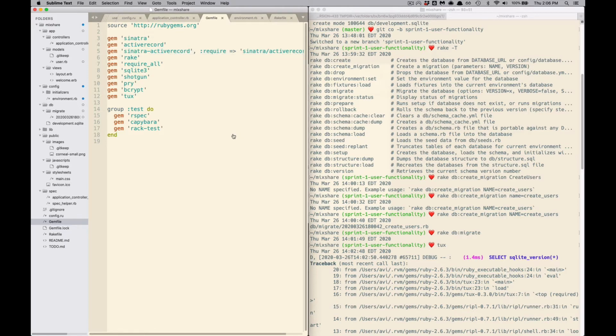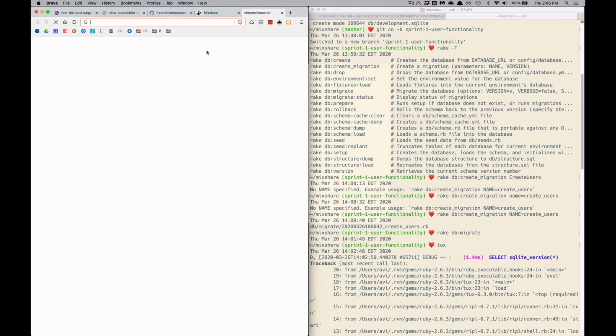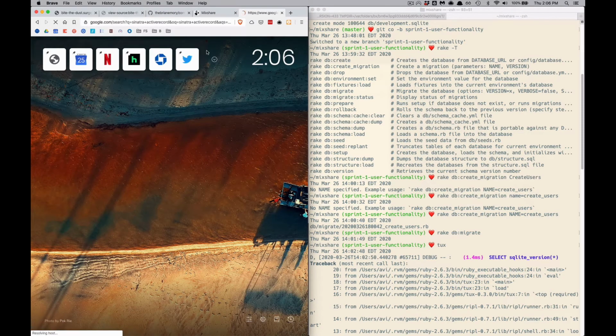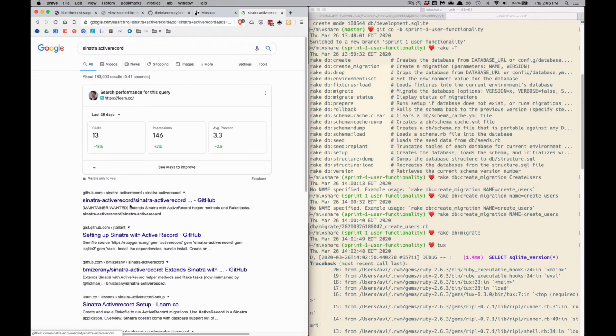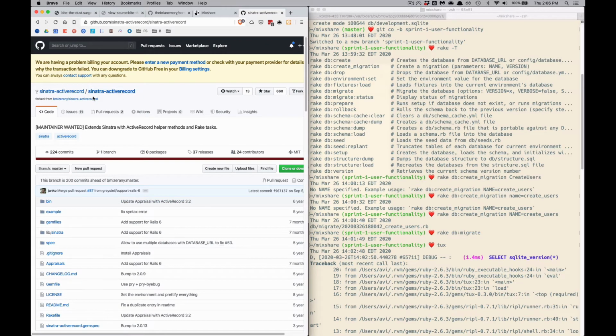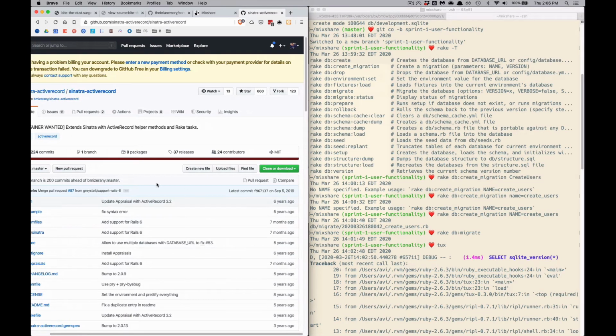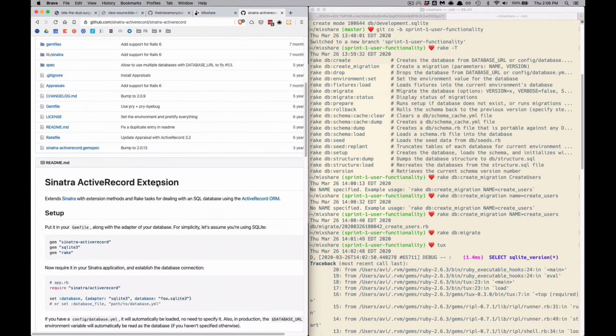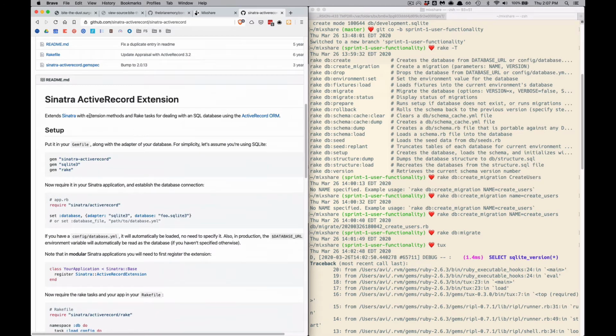So with that, let's do Sinatra Active Record and see what is what. Okay, so here's the gem, and this is a fork of it. This one is way more recent, which is good news. Extend Sinatra with extensions for rake tasks, Active Record ORM. Cool. Now in your Sinatra application, set database connection. So require, okay, so we do that. So set database. So this is interesting because